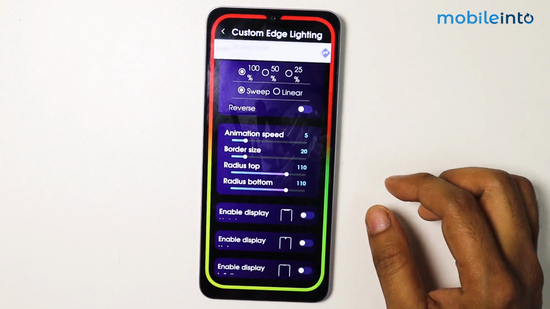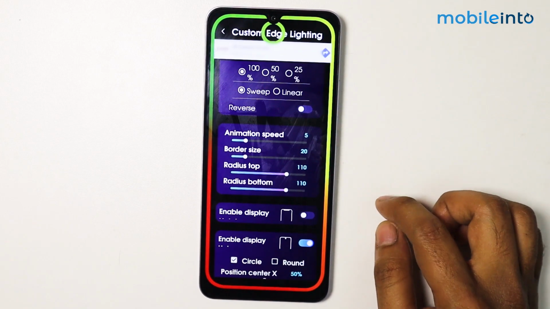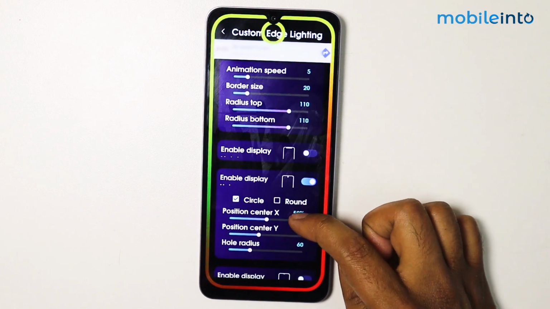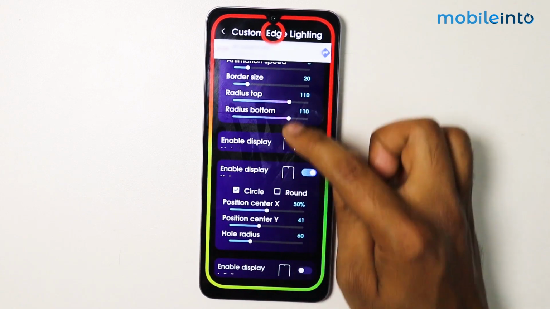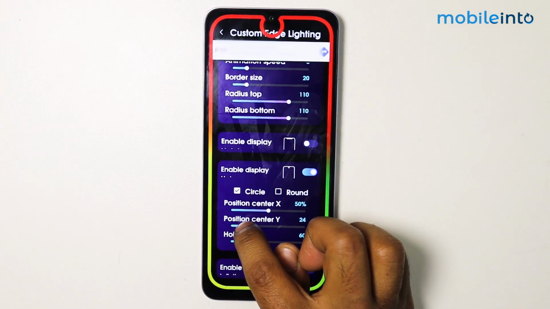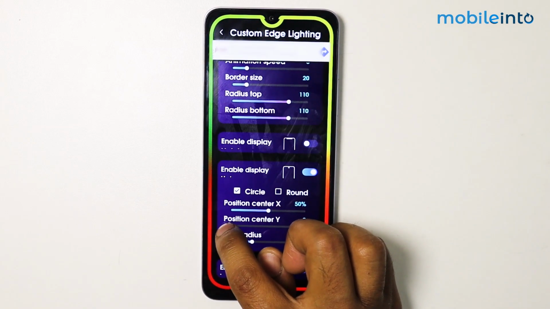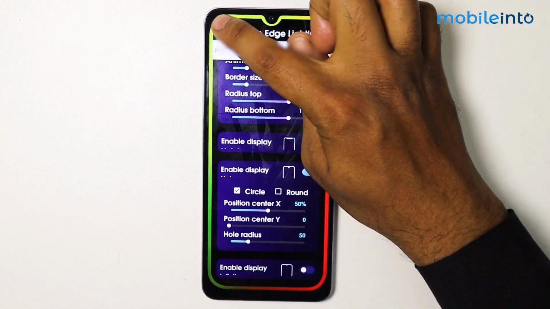Now if you want to enable the notch LED light notification, then simply tap on this toggle. You scroll down, customize it as it is already in center. Now this is looking good. Simply go back,